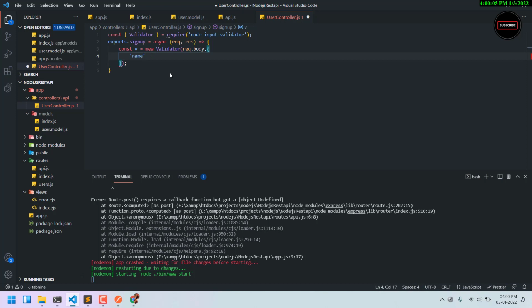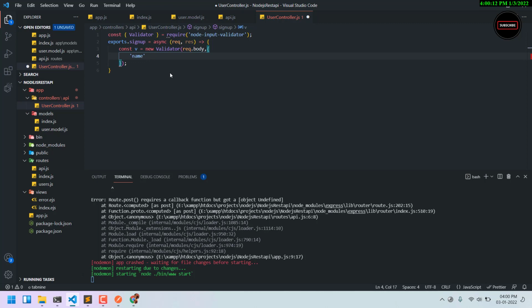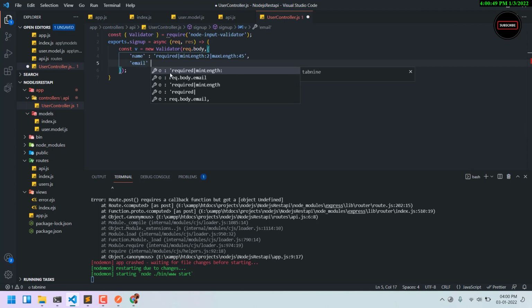So we have the name field, and name should be required, and length will be 2 something, and max length for name is, let's do 45 for now, name, and then we have email,